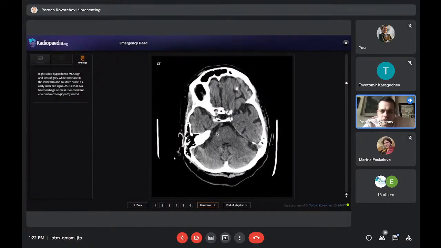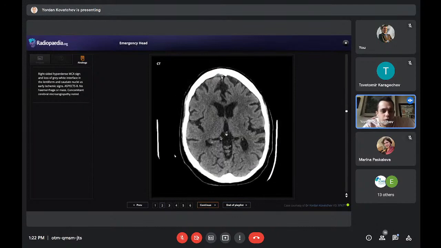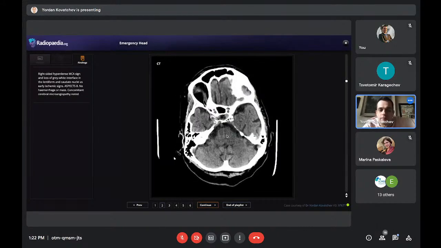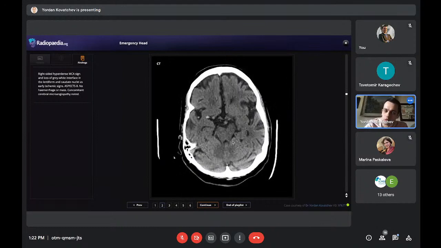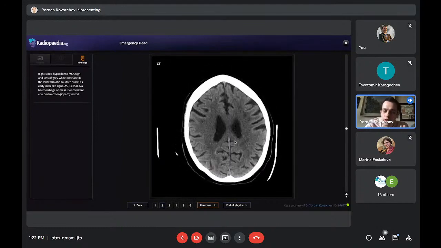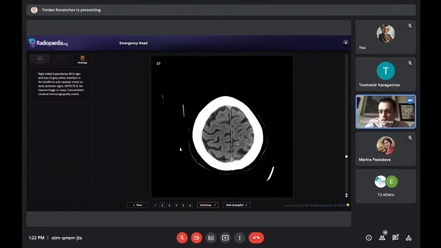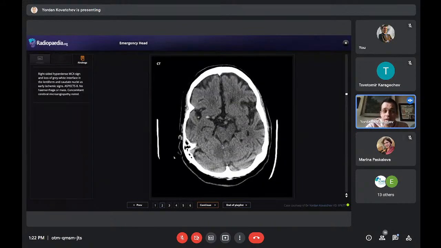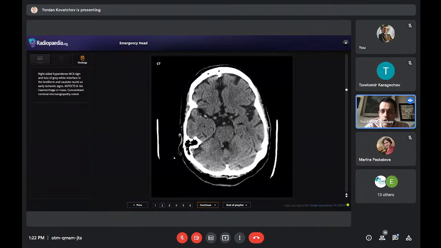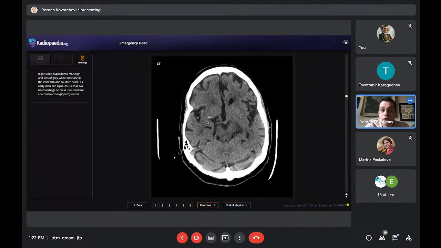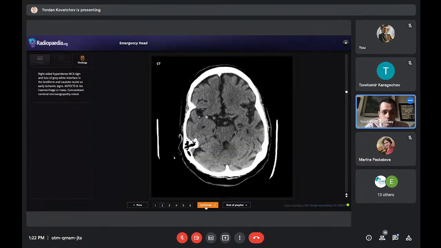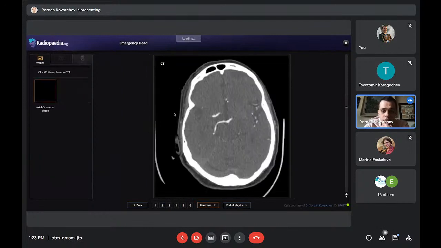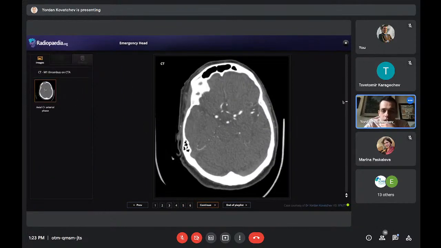Did I miss something? Yes, ASPECTS, this is a grading system, maybe for a second workshop. And as I said, no hemorrhage. You already know how to notice hemorrhage. There is no intracranial hemorrhage. It's actually the first thing. So the patient is indicated for intravenous thrombolysis, but also, as we see on the angio, which is the next CT.